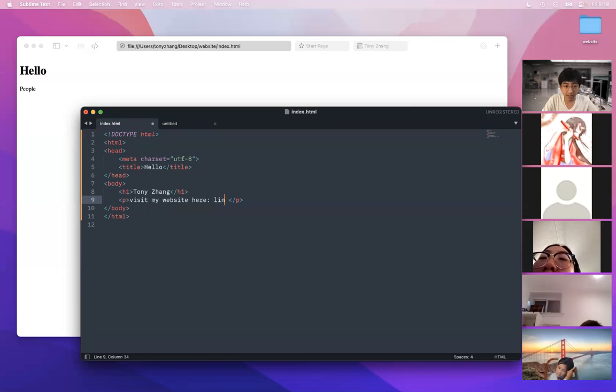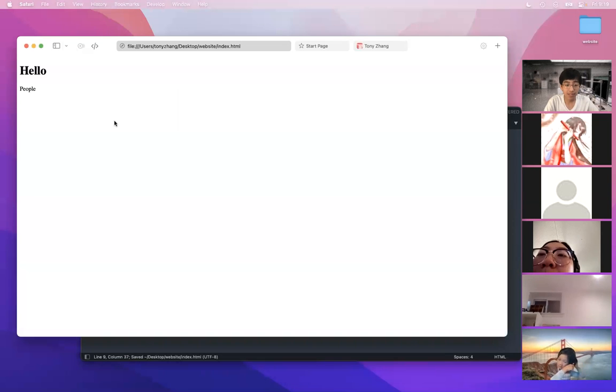They're not actually called link, they're actually called A. I'm not sure why they are, but A stands for anchor. Anchor, I guess, is like a technical term for anchoring a website to a link or a URL, but I'm really not that sure. But it's called an anchor. So visit my website here, actually what we're going to do is make the word here the link. So you can say something like visit my website here, and then you can put a period at the end. So now if you save the file and go to the web page and reload, you can see that